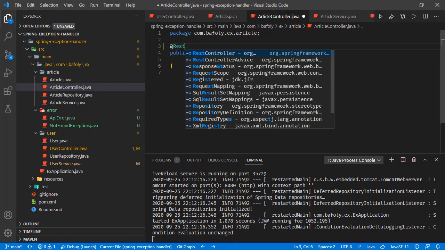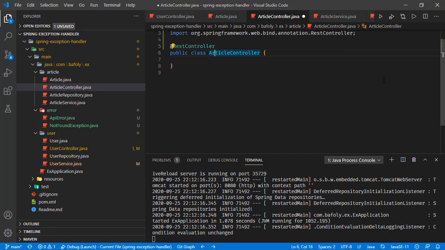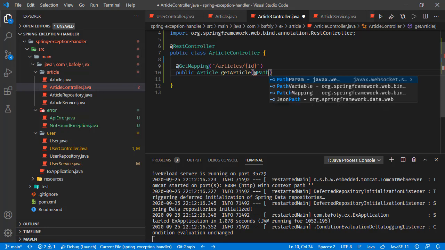It's going to be REST controller, and we will be having a get handler here, get mapping for, let's say, articles, and again we will get the ID of article to query it, and we are going to return back the article. Let's say this is get article method and path variable